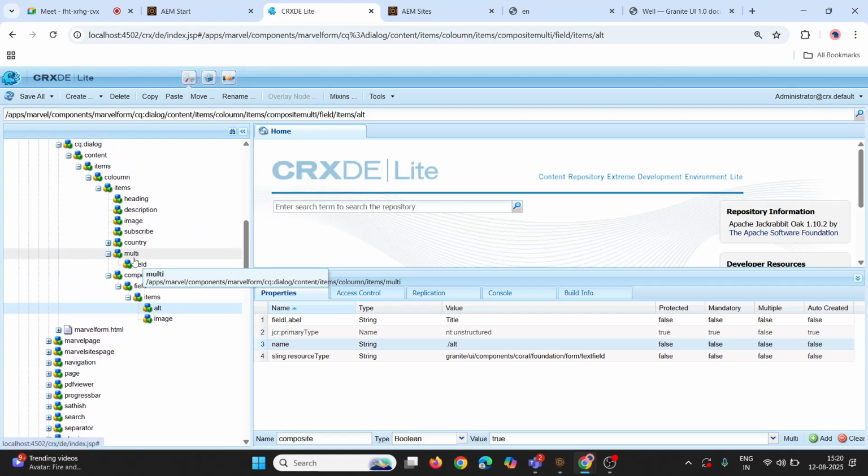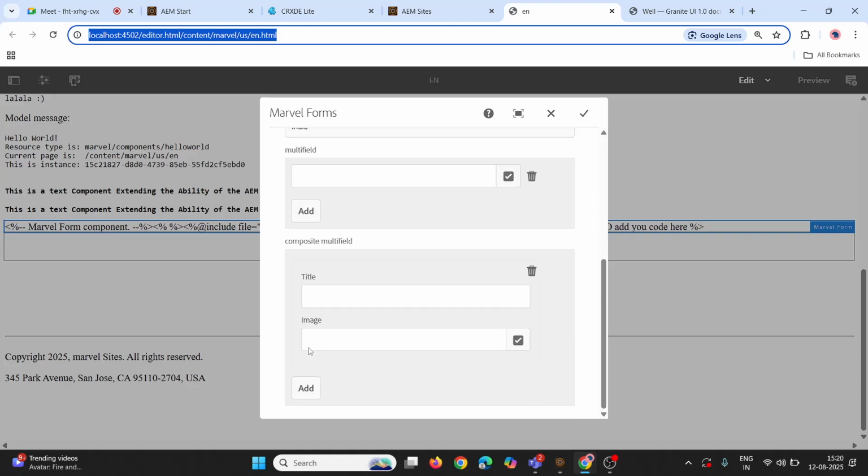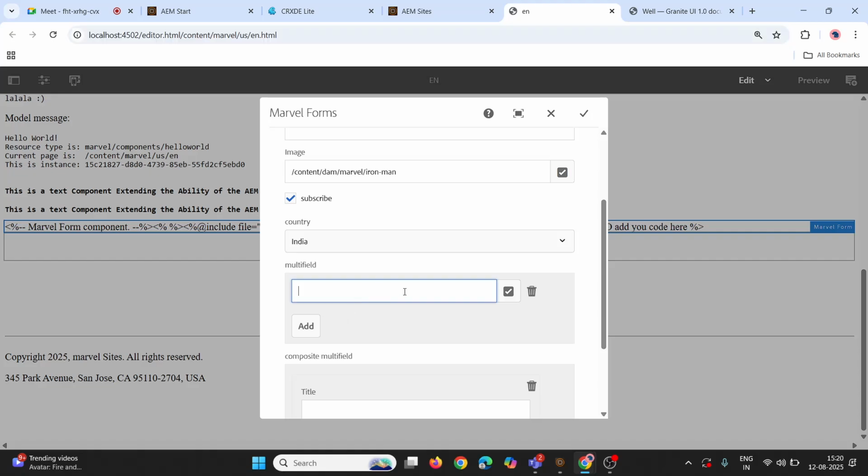So just go there and check whether the property is correct or not. The label is correct only. I think maybe a different property we have to add. So I'll check it and I'll update. Okay. So right now we have an alternate field and then we are having images. Now if I try to add any text here,